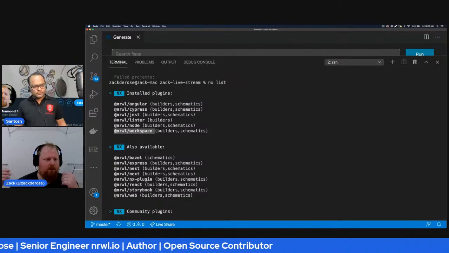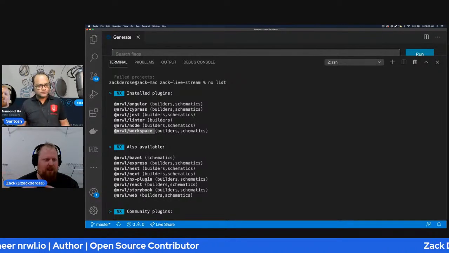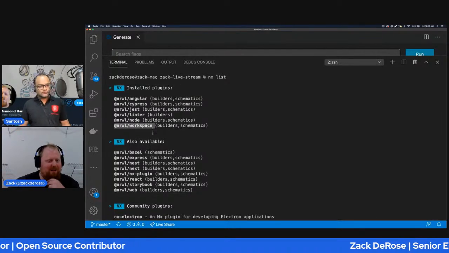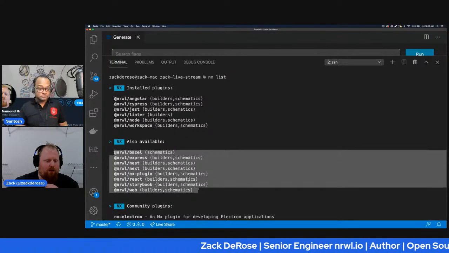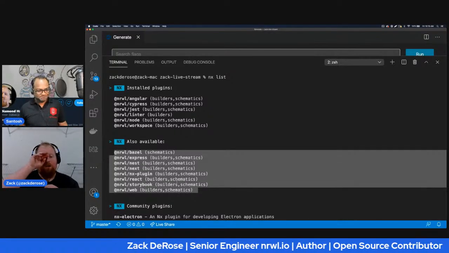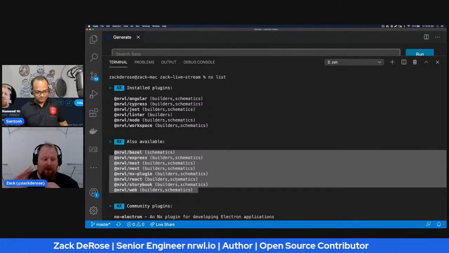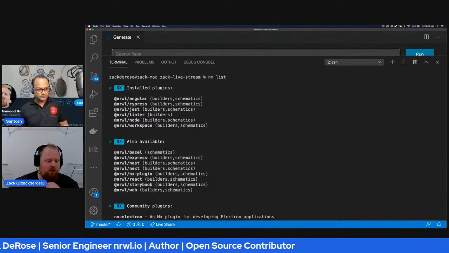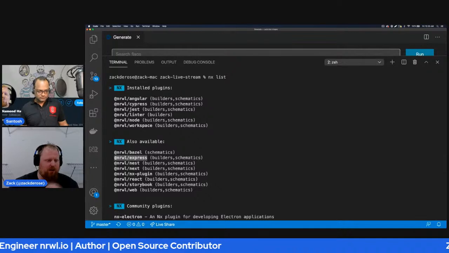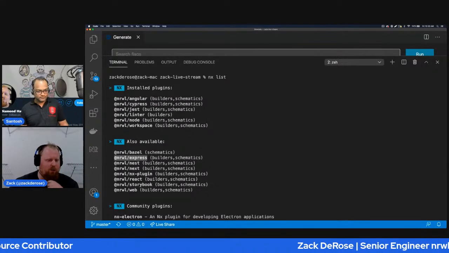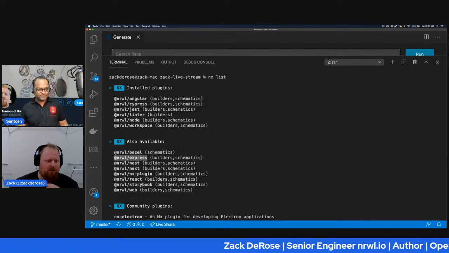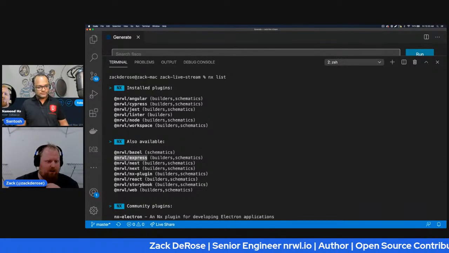That's kind of the base case, the base class for all this. But if I ever wanted to, I've got all these other officially supported Nrwl packages. So if I wanted to do something specifically Express, I actually am using Express in my project. I think there's some more schematics and builders here that could take that to the next level.